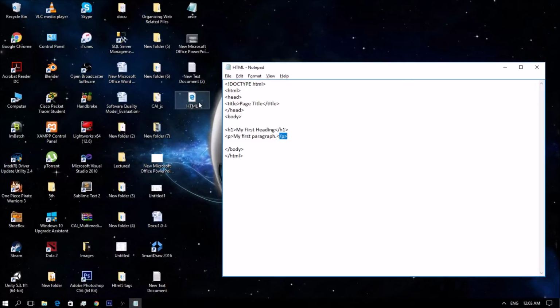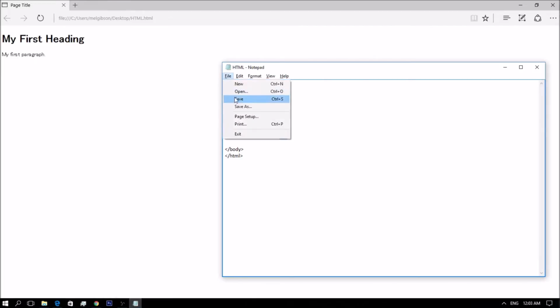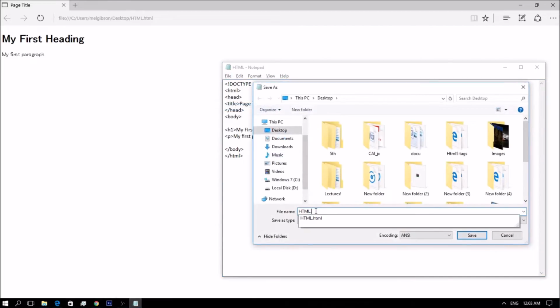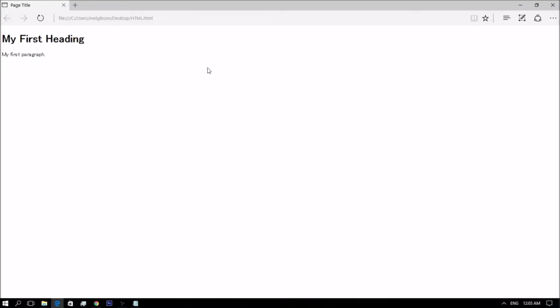So we have the browsers. Then you open your file and save it as .html. The browser has its role to render it and display the content of your code. The purpose of a web browser is to read HTML documents and display them. The browser does not display the HTML tags but uses them to determine how to display the document.